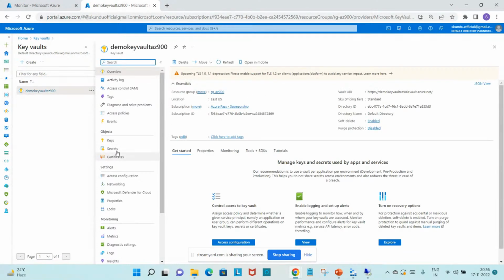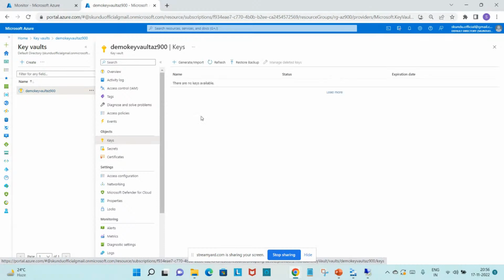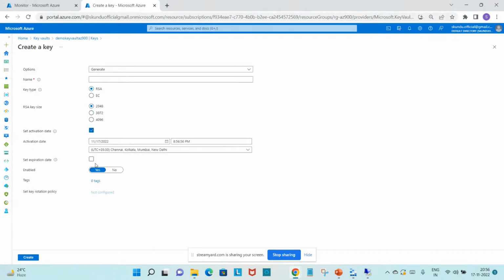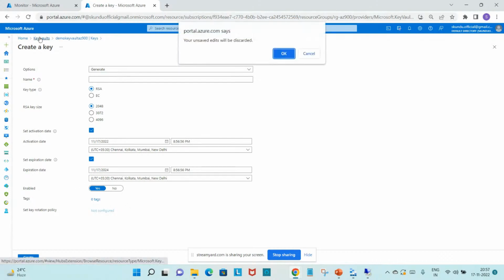So here there are different options, right? If you go to keys, from here you can generate them: what type of key you need, RSA or key size, what the activation date is, when the key will expire, everything you can do from here. And the second thing